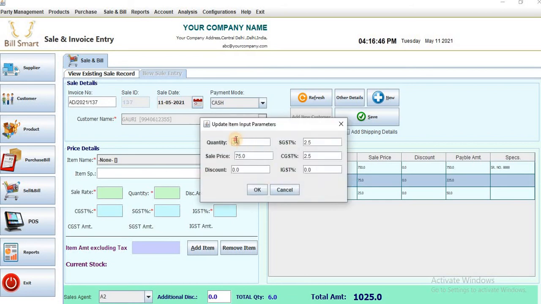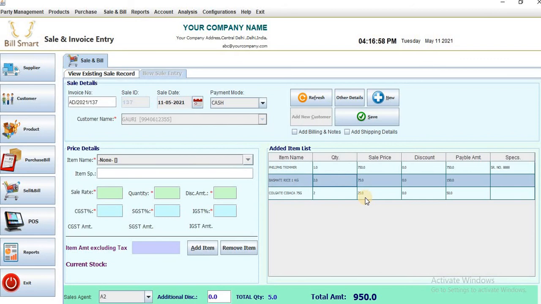In the quantity section, we will give the quantity. For that quantity we are creating a bill, so I'm giving quantity 2 and press OK. The quantity the customer is returning of the product will directly add to our inventory of that product.